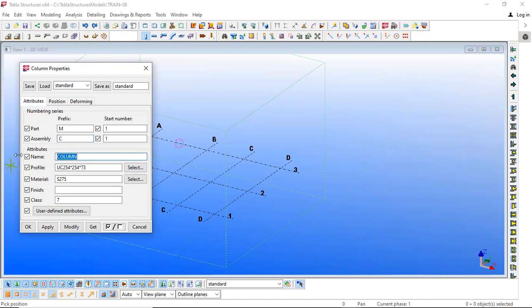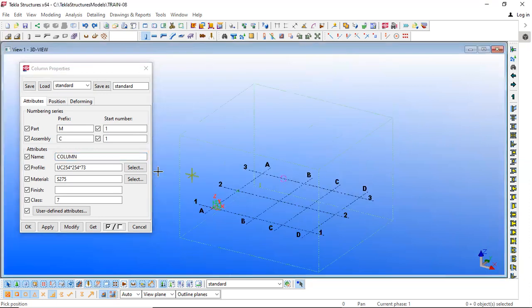Similarly, you will have the option for name. Naming is the information related to what kind of item we are seeing there, right? So that naming will be given here. If you are dealing with a column, we will give the name column. If we are dealing with a beam, we will give the name beam, right? And this is also a very important part and should be precisely given for all the elements. All the elements which are similar should contain this naming properly.